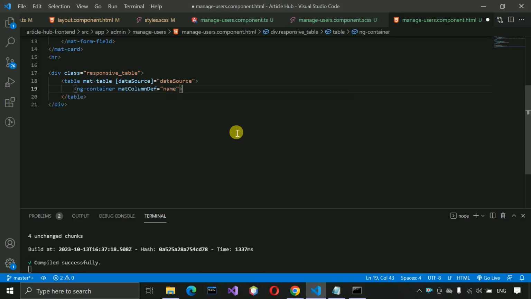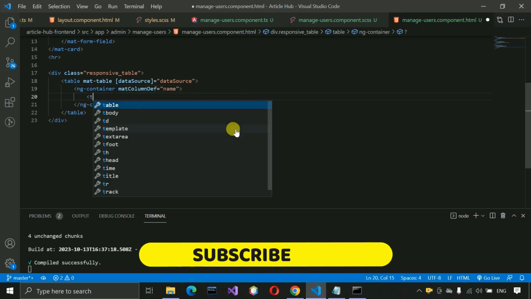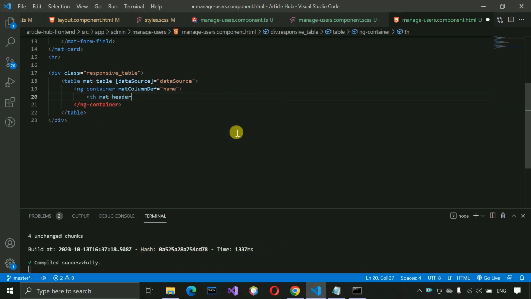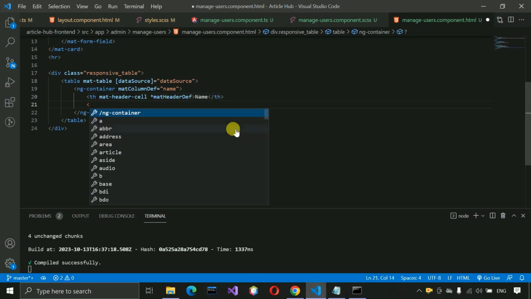Just close this one, and then th mat header cell, then star asterisk mat header definition, the def. Then here we need to pass the name, and then we have to write a td